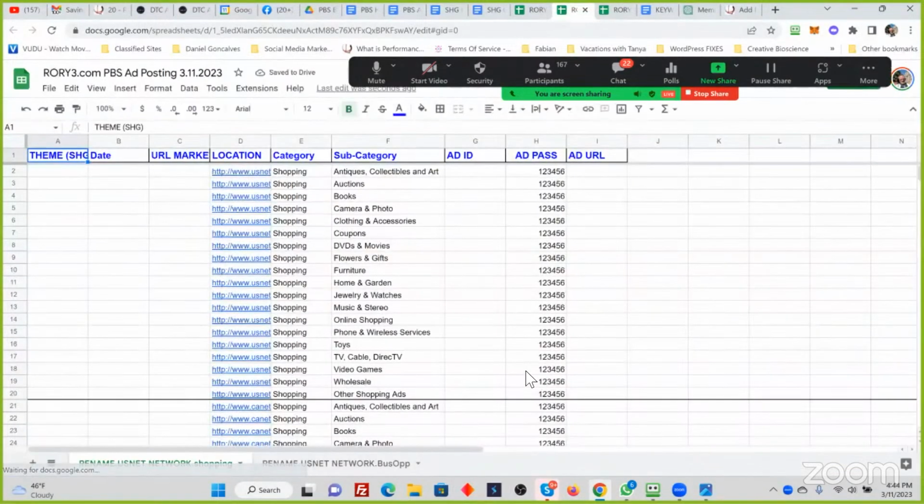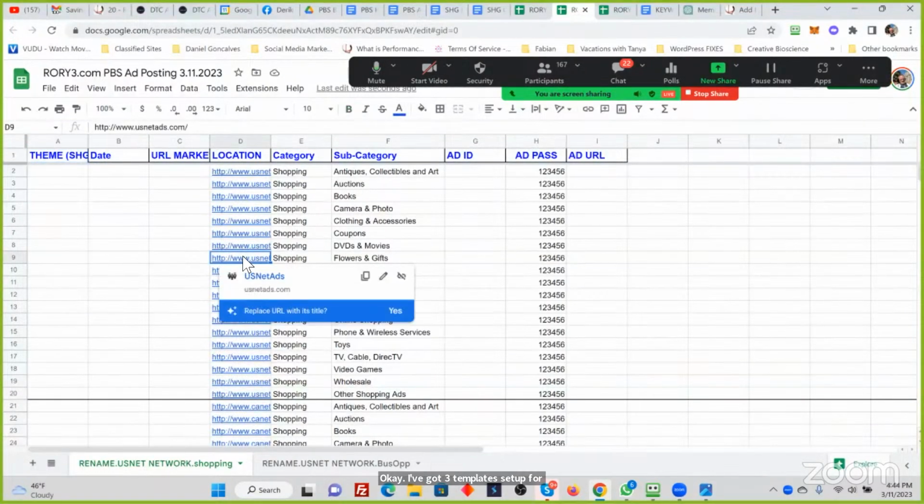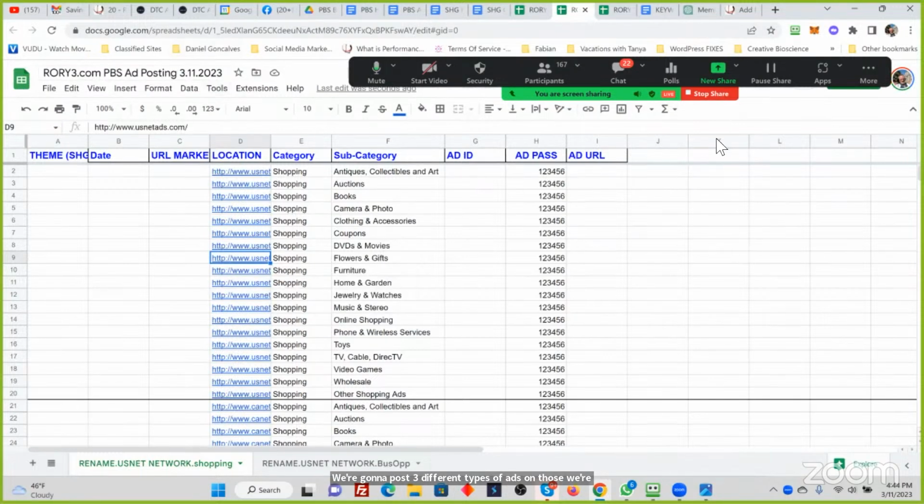Okay, I've got 3 templates set up for tracking on US Net ads for this. And obviously we have the locations, but these are ready for the BizOp and the shopping. We're going to post 3 different types of ads on those. We're going to be back and forth and load it up. It'll be a great day to repost ads and so on. Okay, so let me